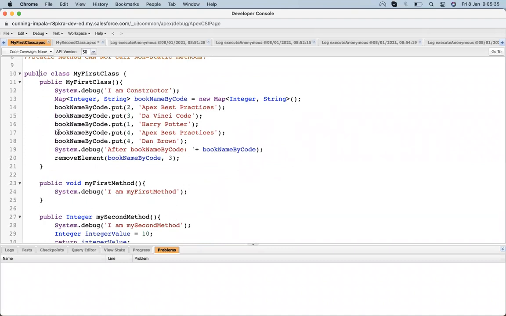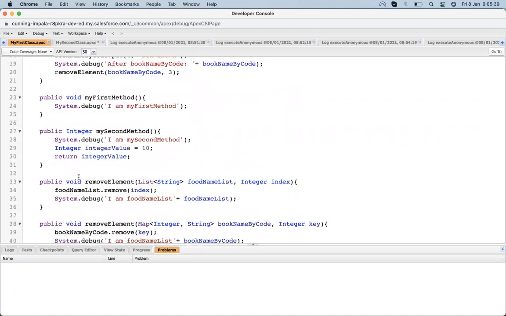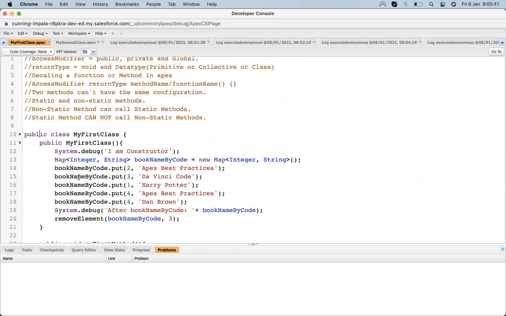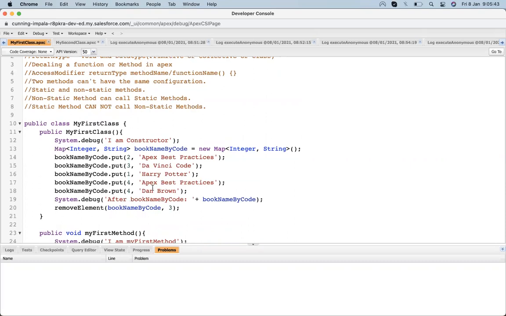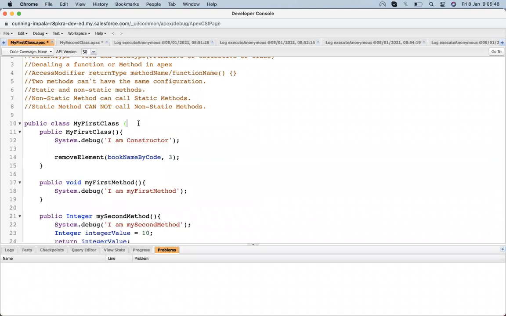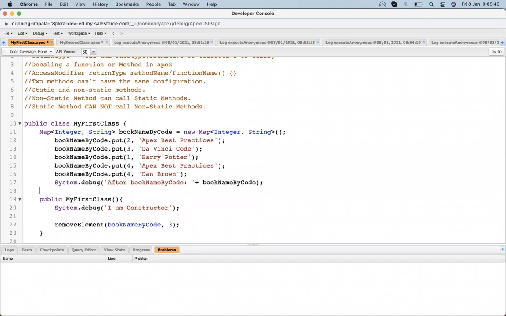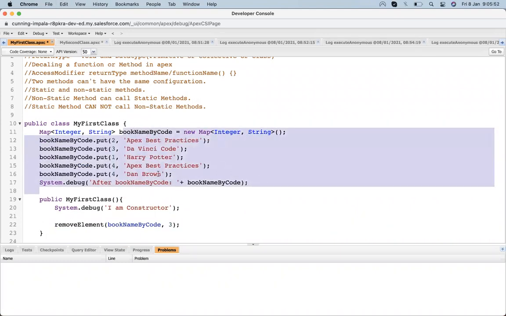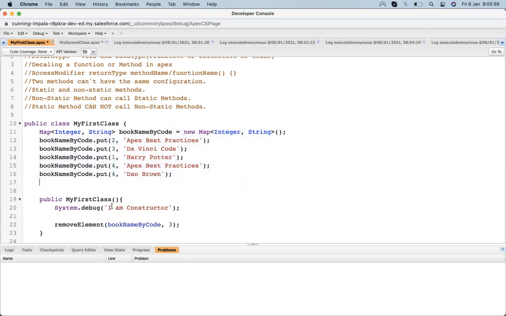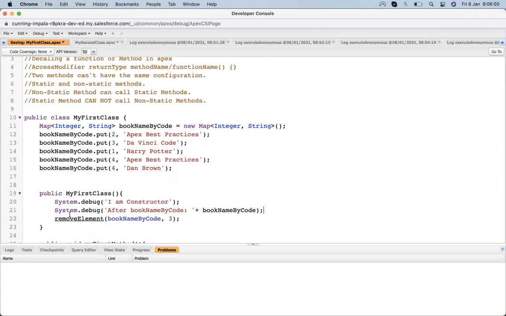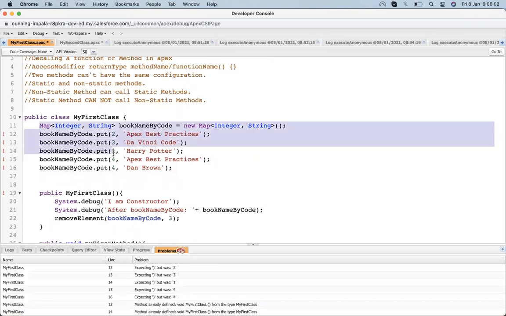And one more thing: suppose we need to declare a variable that is accessible by all of the methods. For that, instead of declaring it inside a method, we declare it up here, outside the constructor or outside any method, as the people who know Java know.